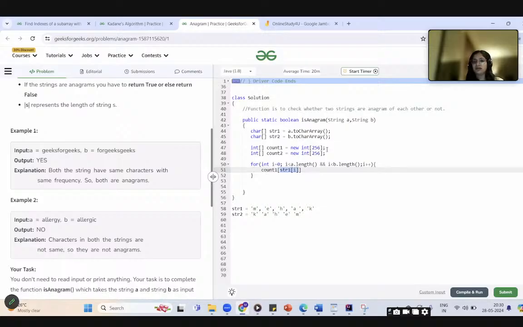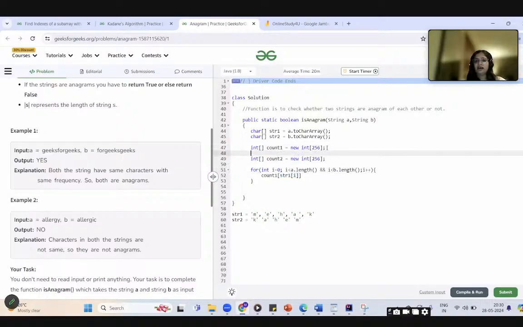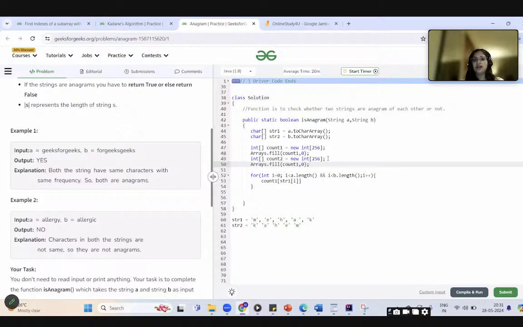You know that the default integer value in Java is 0. Otherwise, to make the code clear, there is no need of this. But to make the code clear for others, like if you don't know what the default value of an integer in Java is, then it might be confusing what the initial value is. So we can do this. This will put all the values of the array initializing it to 0. By default also it is 0, but to make the code more readable, we can do this. Okay.